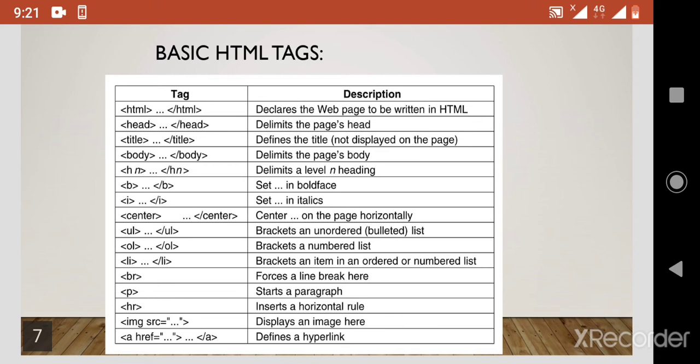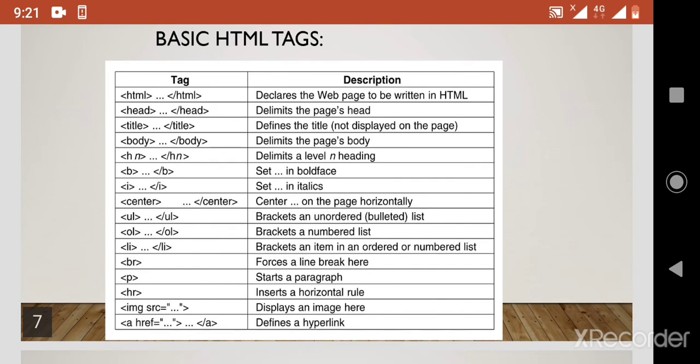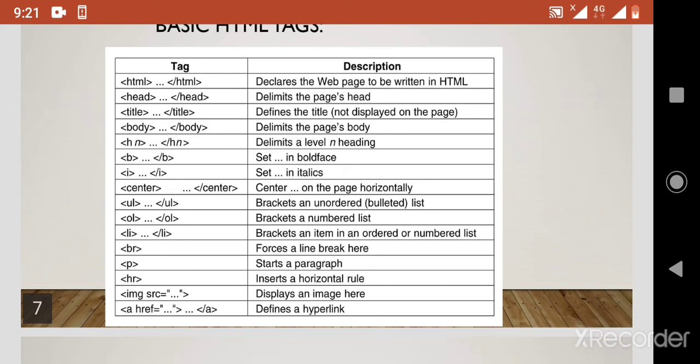Then next is the head tag, which delimits the page's head. Then the title tag defines the title of the page. And next, body delimits the body of the page. These are a few of the tags.